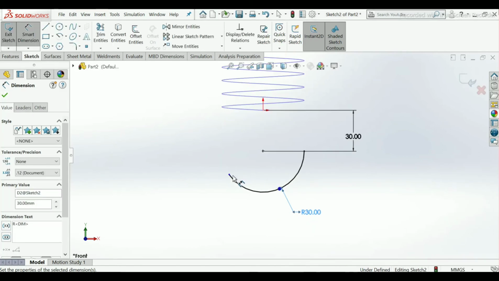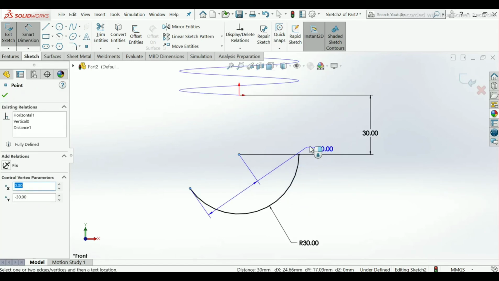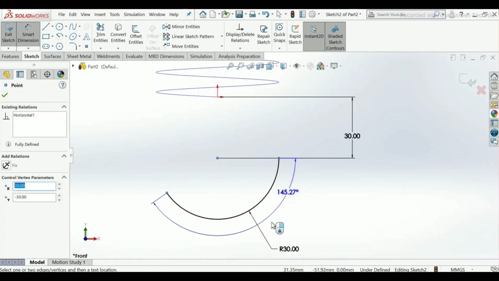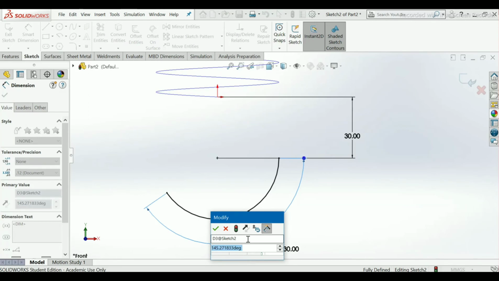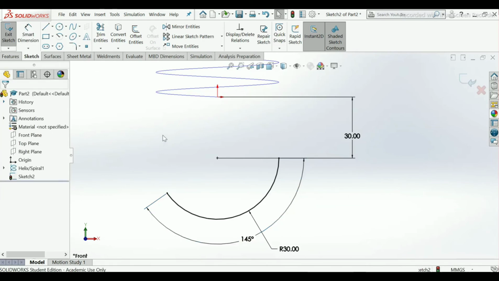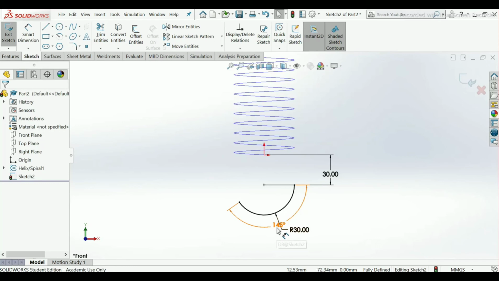Now for angle choose this point and this and this last point, make it as 145 degree, OK. Exit.